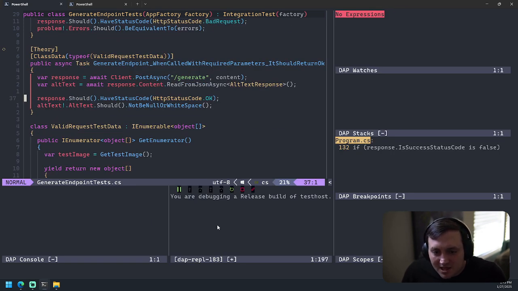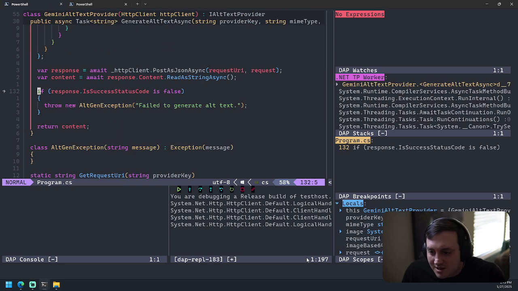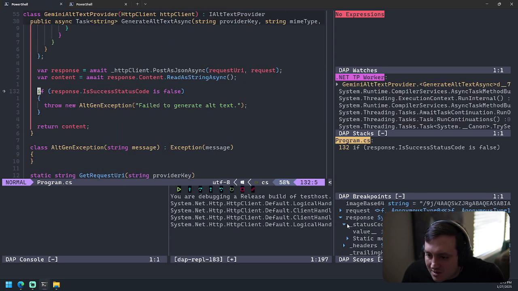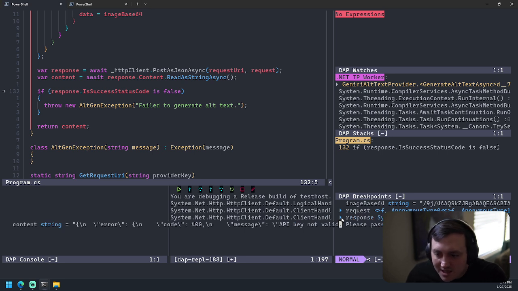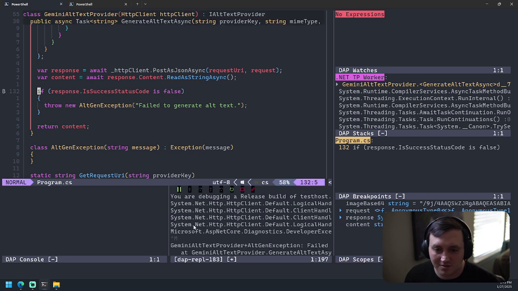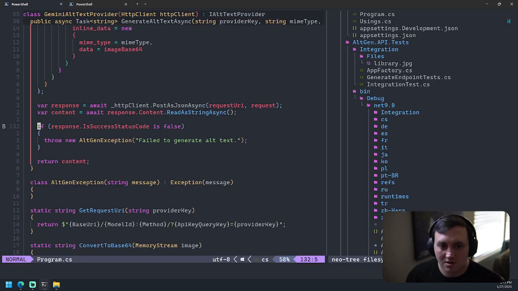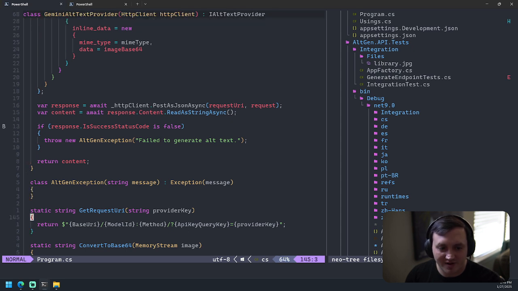But this time we should be able to see what that content is. I'm hoping it says something about an invalid key or something. Error, API key not valid. Please pass a valid API key. Cool. So the reason for that is, when we build our URI, we have to provide it our key, which is coming from our provider key. Now in my test though,